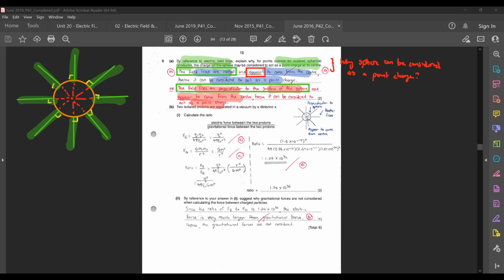Now, if you move on to part B, two isolated protons are separated in a vacuum by a distance of x. Calculate the ratio of the electric force between the two protons to the gravitational force between the two protons. So in your case here, let's just consider what you've learned. If you're talking about electric force